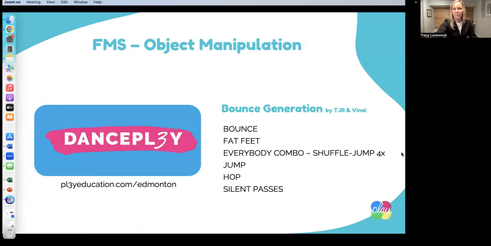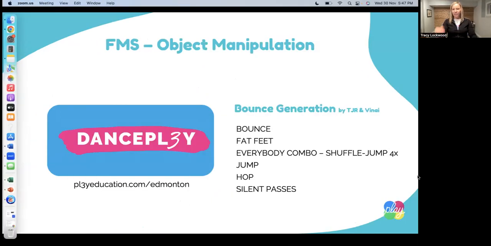Awesome job. So that's called Bounce Generation. It's a really fun dance. We've incorporated some different fundamental movement skills, didn't we? That was awesome. So now I just want to share this back again so you can see these are the